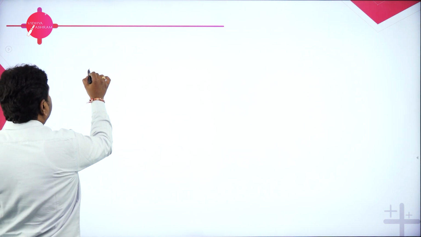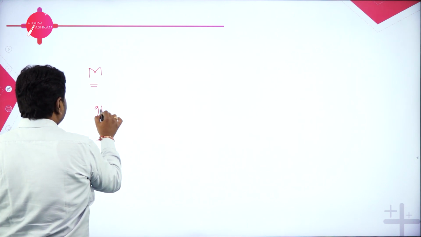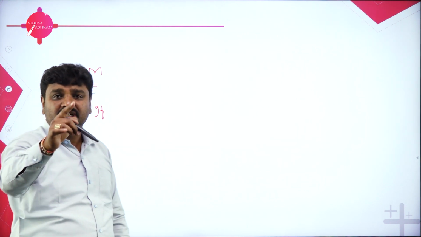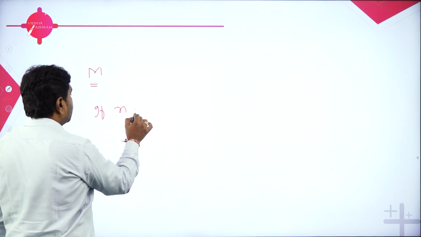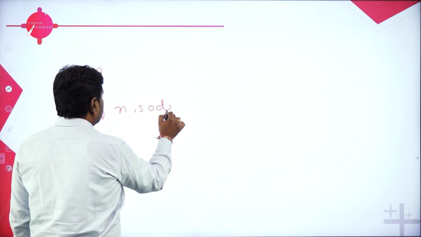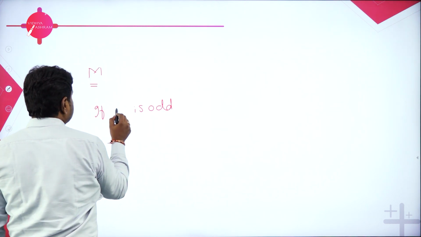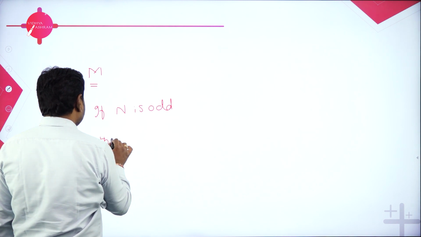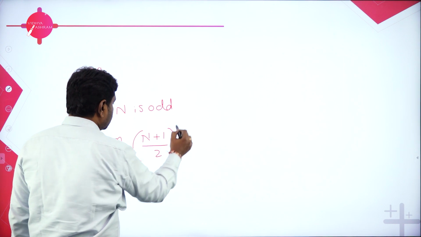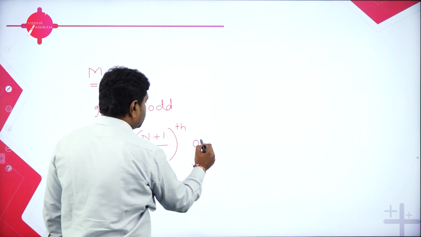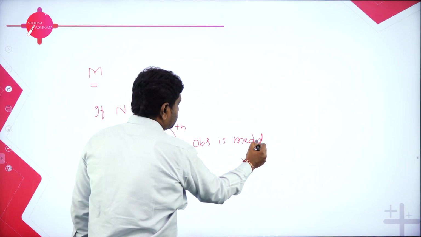So dear students, just let me conclude. So first, how to calculate the median? In my last session I did a problem where n was even, but here n is odd. Instead of small n, I will take capital N, because N means the sum of observations. If N is odd, then the (N plus 1) by 2th observation is the median. This is the basic, and this is the median.